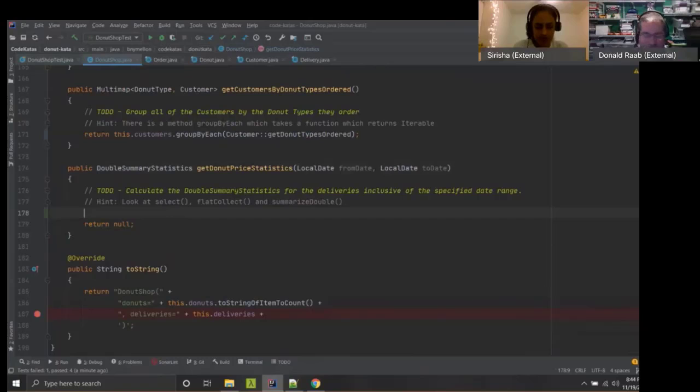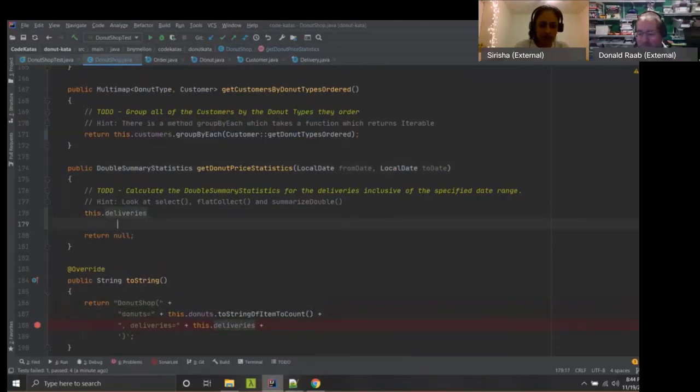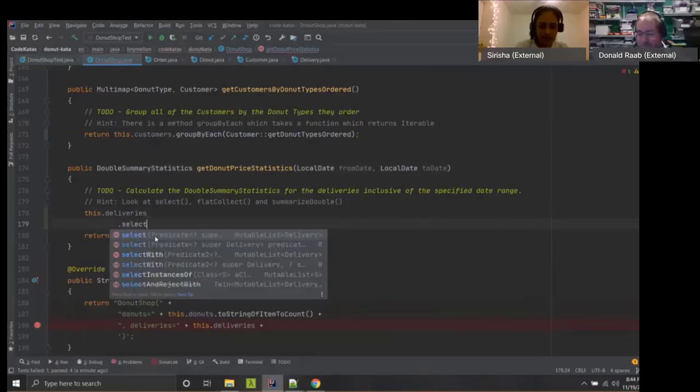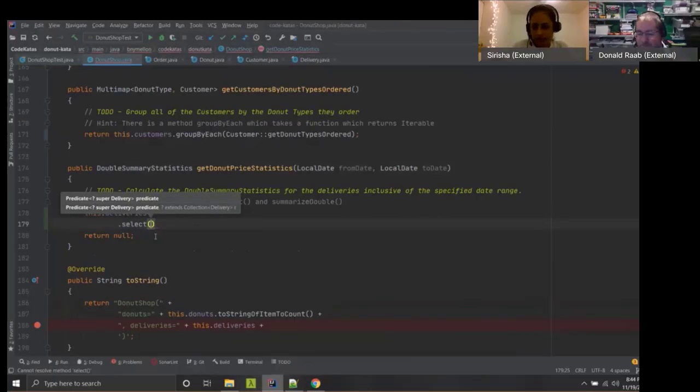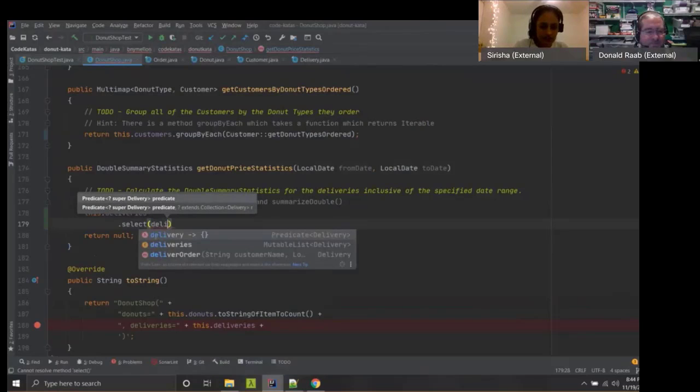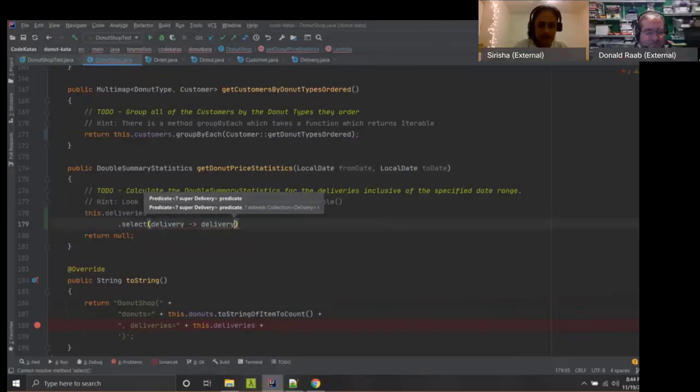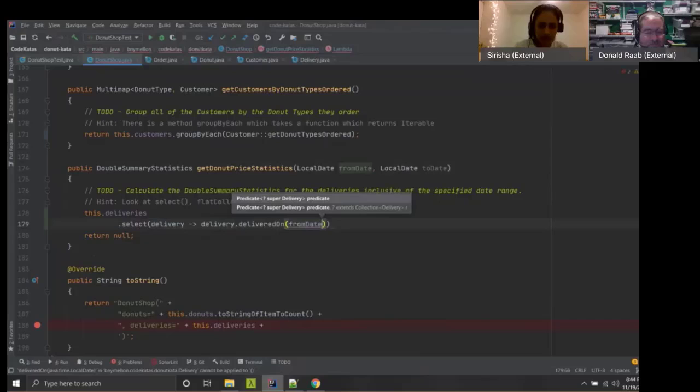So we have a time range here. I'm going to start with deliveries. We've already looked at the select API earlier, which basically takes in a predicate, and any element that evaluates true for that predicate will get selected. So for each delivery, I'm going to say delivered on either the from date,